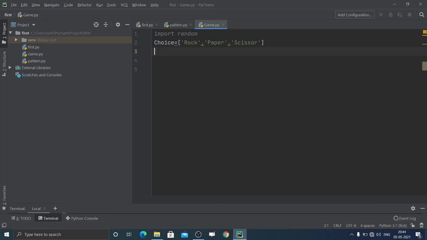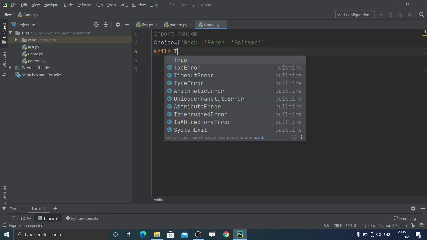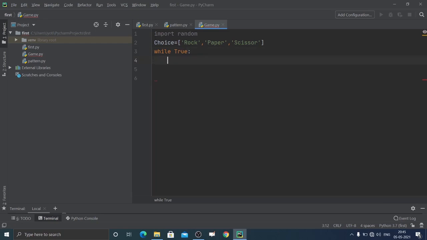Now we need to start the loop. One round will be there, and then we ask if the user wants to continue or play again. If you remember, I have shown you that. So we take it as a boolean value, that is, while True, and if this condition is true, then this will work and the game will continue. Let me just write one welcome message, welcome.